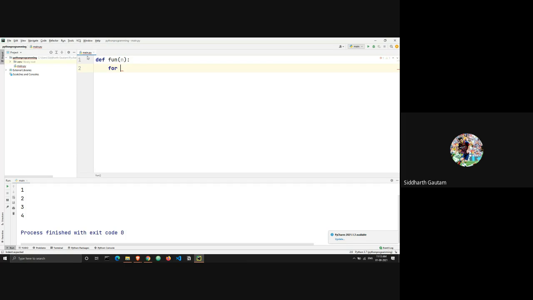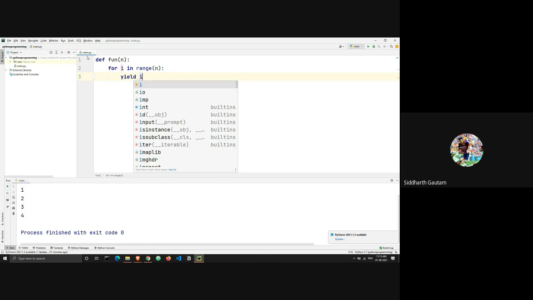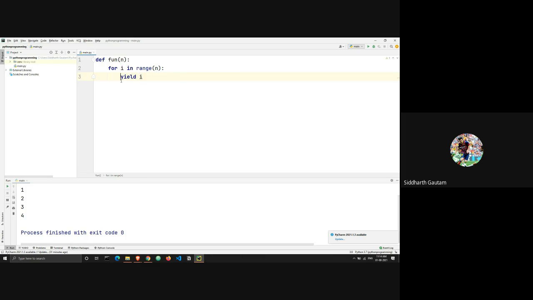And here we will make a loop, for i in range n. Let's do try this, and we will yield i. And you must be thinking, what is this keyword yield? We will take a look at that in just a second.